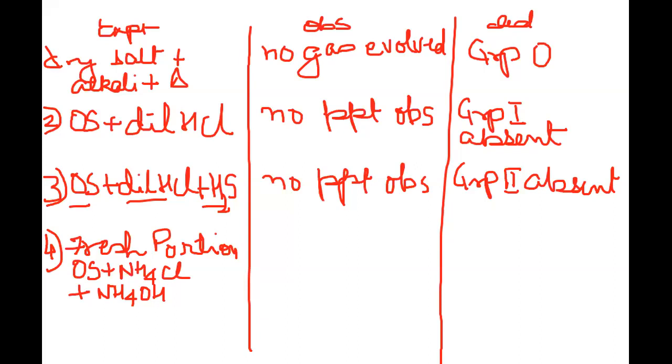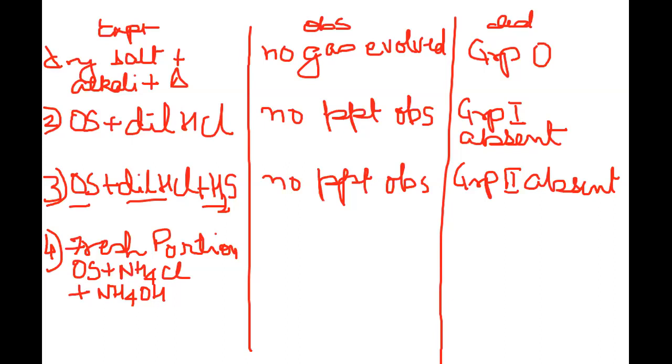Now you can understand that the sequence has to be maintained. If we do not maintain the sequence, then in this case you are adding ammonium chloride, and the chloride ions may be just enough to precipitate the cations of group 1. Hence, only after testing that group 1 cations are not there do we proceed, and for the analysis of group 3 we add ammonium chloride and ammonium hydroxide. All these things were kept in mind when this group analysis was designed.